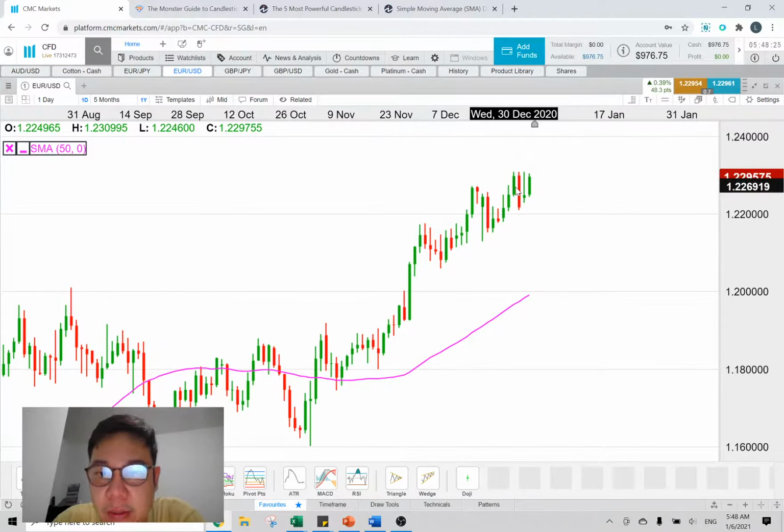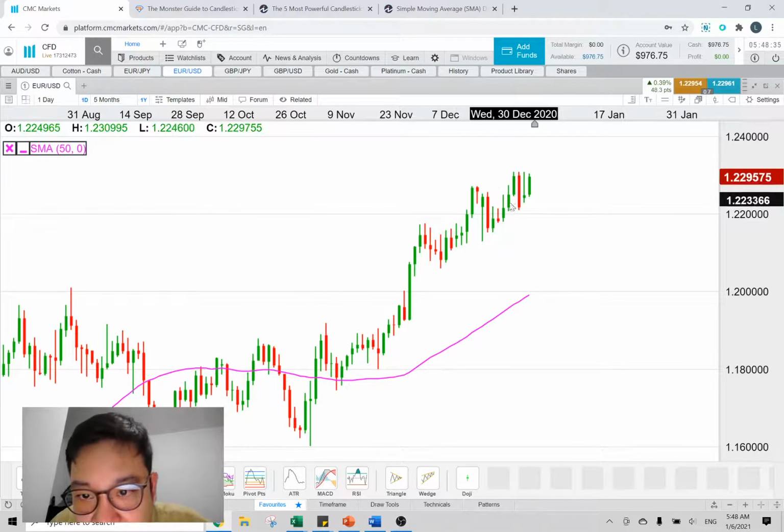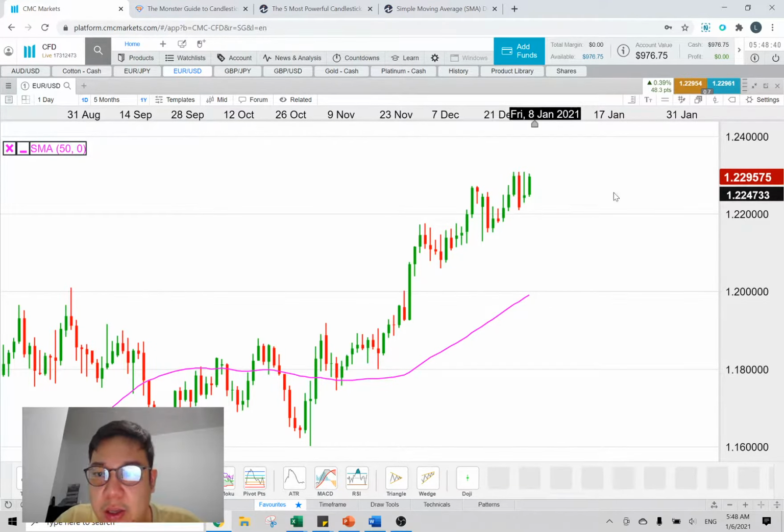And then now the fourth bar 1.229755 plus 1.224985. So you take all the pricing, right? You have a total number, add all together, divide by 5, then you have an average pricing, somewhere around here lah. Okay, what is this? I think this is the average price. Or is it the closing price? Current price? Oh, this is the current price, sorry.